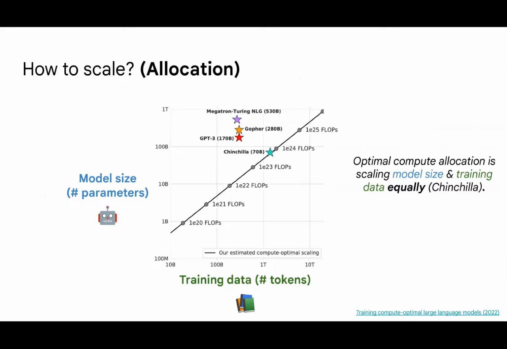The paper argues that previous models used too many parameters and not enough training tokens. In order to produce a compute optimal model, that is, a model that best uses its compute in order to decrease loss, they argue that we should use an equal relationship between the number of parameters and the number of tokens. They hypothesize that as compute budgets grow, this relationship will continue to produce the best model for a fixed amount of computational flops.